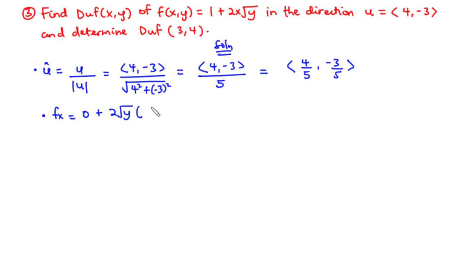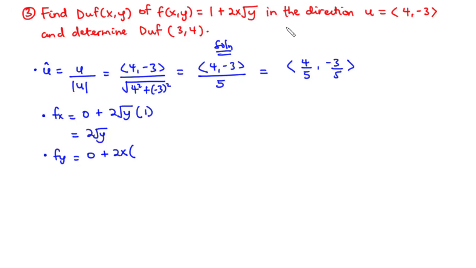We differentiate x, we have 1, and thus we have fx to be equal to 2 root y. And then for fy, we differentiate with respect to y, we differentiate 1, we have 0, plus we keep 2x as constant,